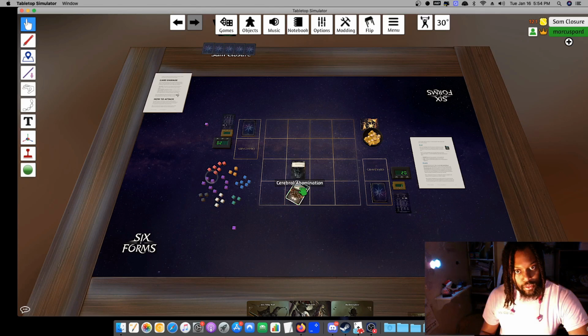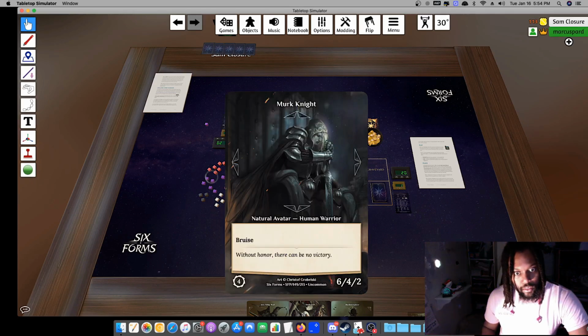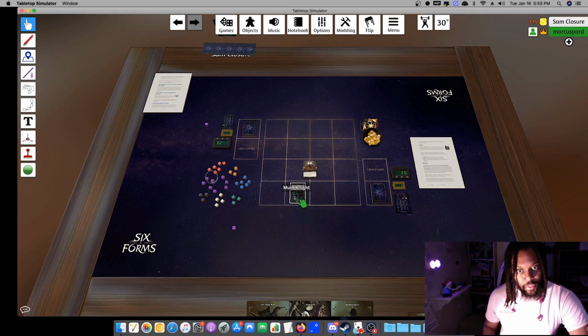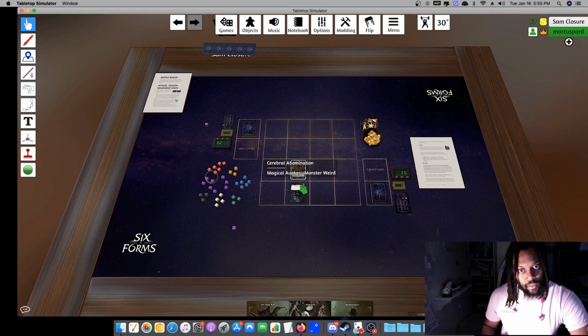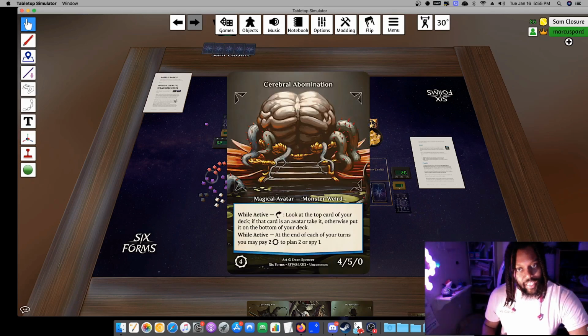You have this one, and then I have this one. Okay, so you're attacking my life. You've got the Merc Knight. You're gonna deal 6 damage to me directly. Okay, then on my turn, I'm gonna cast Cerebral Abomination, but I can't attack that way